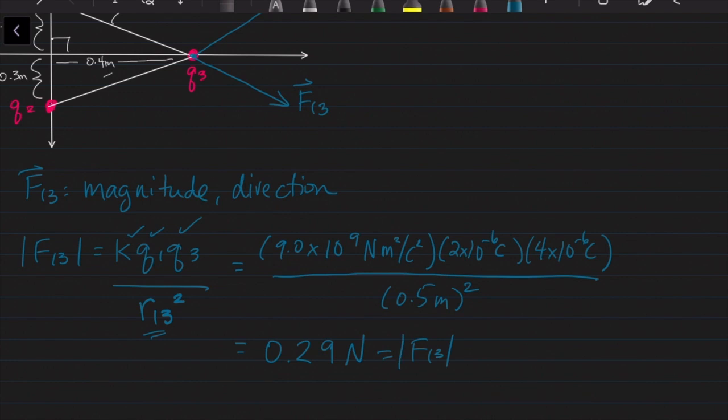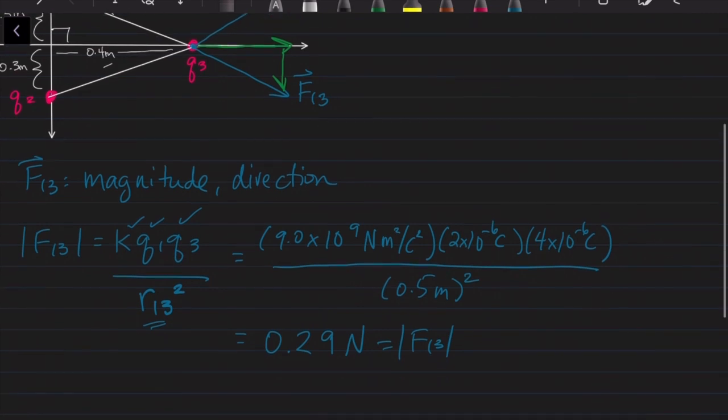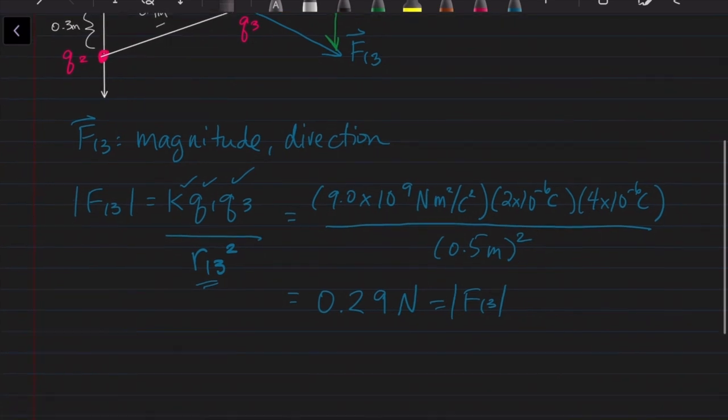What about the direction? Well, the direction of F13, we can take a look here. It's got a component in the x direction, and it's also got a component in the negative y direction. So we need to break this vector into components in order to get the direction. We can do that a couple different ways. I will briefly explain one way, and I will post a written solution of this example using that way. That way being the definition,